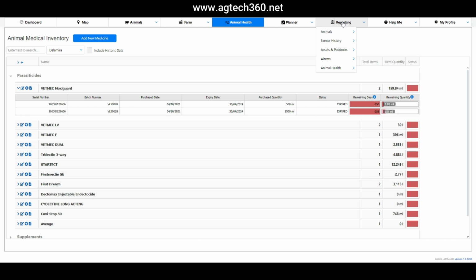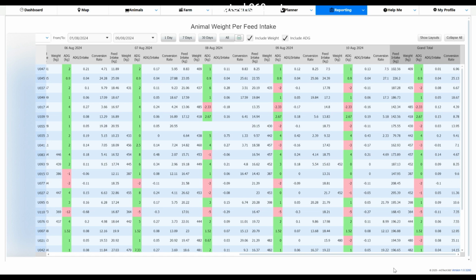There is an advanced reporting system which can be used to help you compare all the data that's on the system. In this example report, we are comparing the average weight gain recorded from the OptiWay with the average feed intake from the Ceres tag to generate a conversion rate on how efficient your animal is at converting the feed into mass, to help you make better decisions and improve productivity. This information is also great for auditing, as you can export all these reports